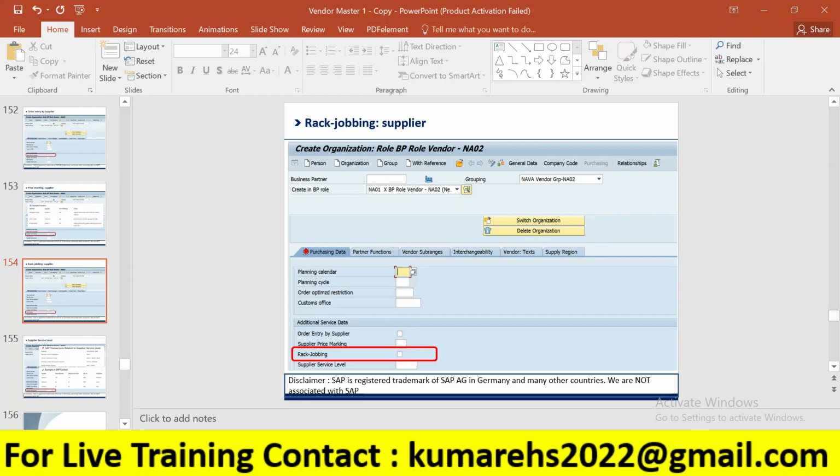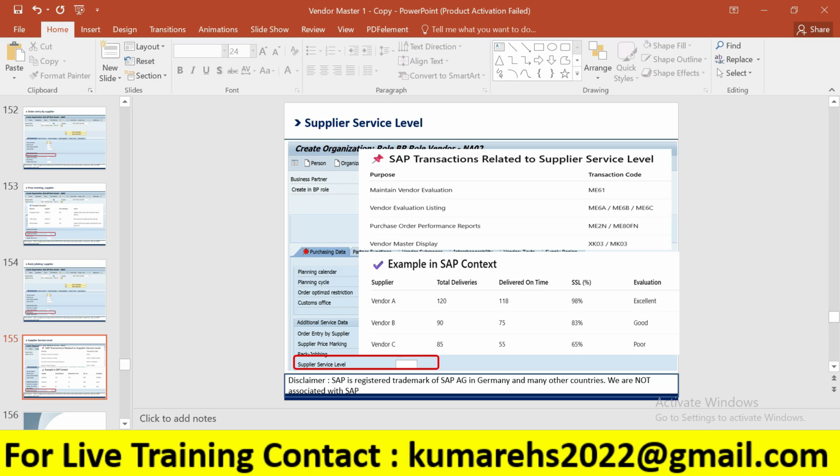So the final topic under the purchasing data, supplier service level. So what is supplier service level in SAP? Supplier service level is a performance score that indicates how consistently a supplier meets purchase order requirements. It answers: